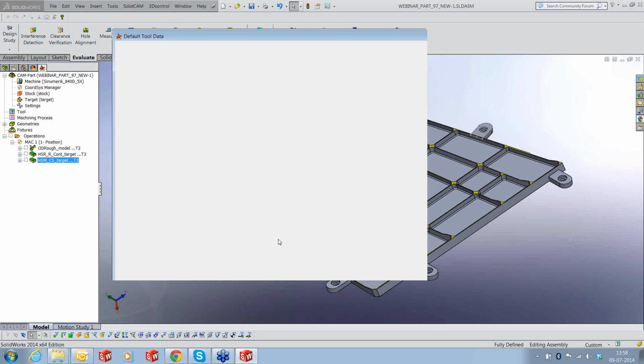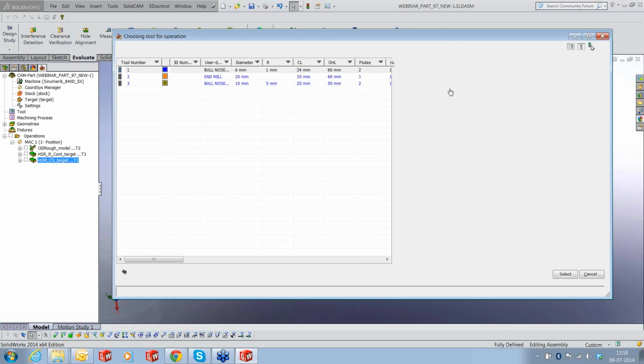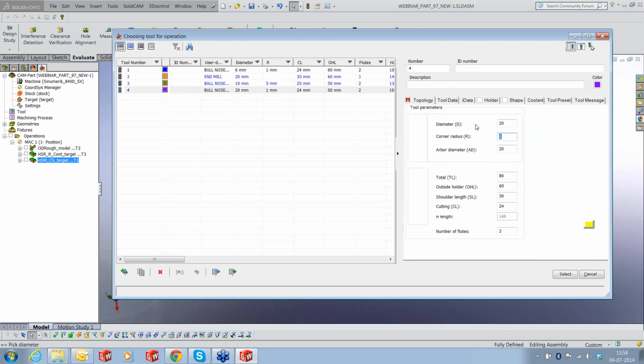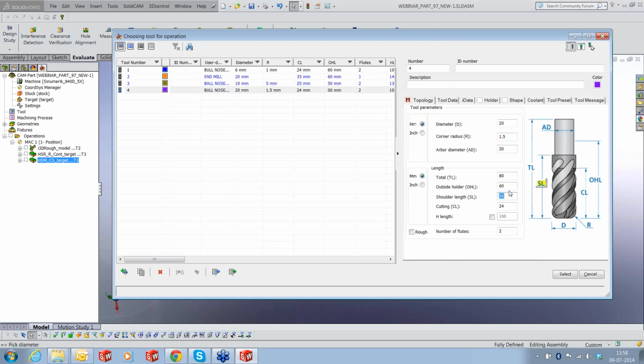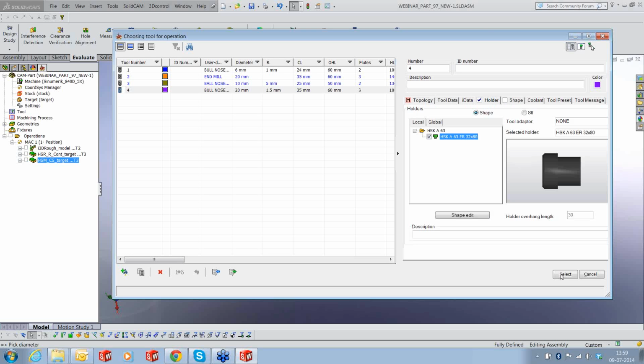We will use a different tool now. I'm going to add a bull nose, 20 with 1.5 corner radius, because I have a radius of 1.5 below. Okay, 55, 35, 3 flute, holder, HSK,